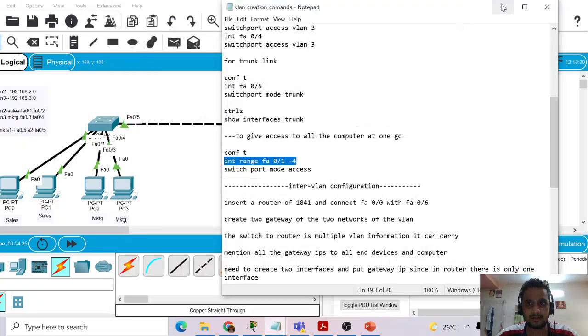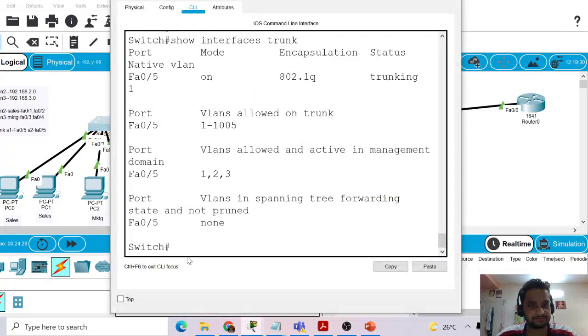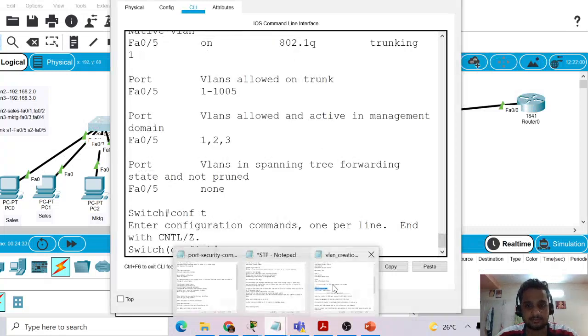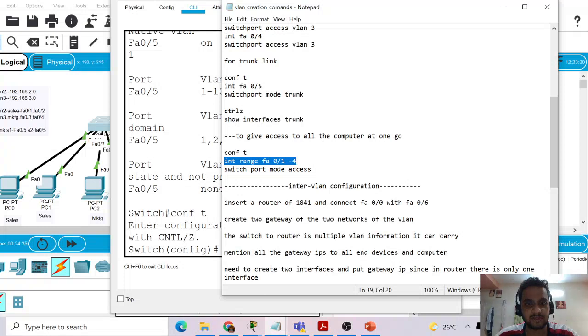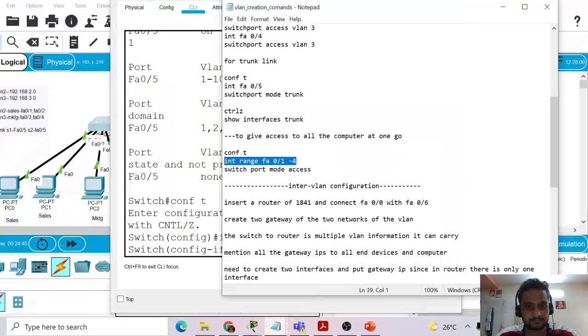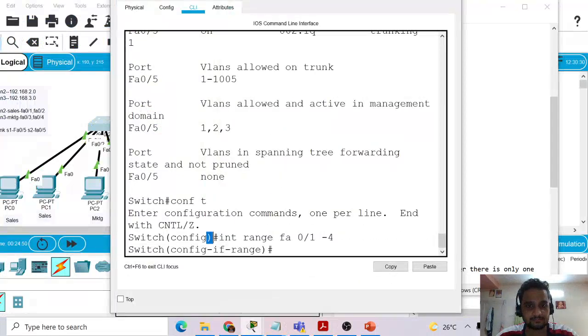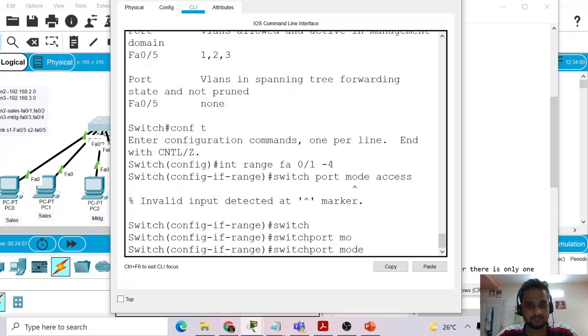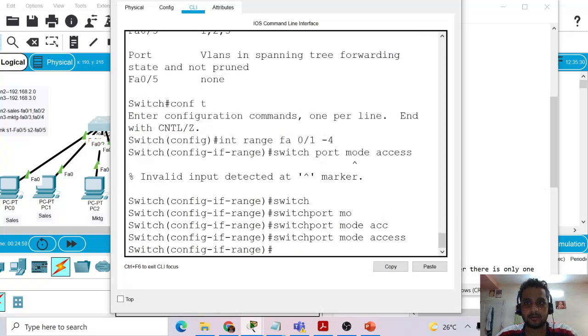So I'm in the router, so I need to go to the switch. In this way we will be able to give all the interfaces access in one go. Port mode access. Okay.